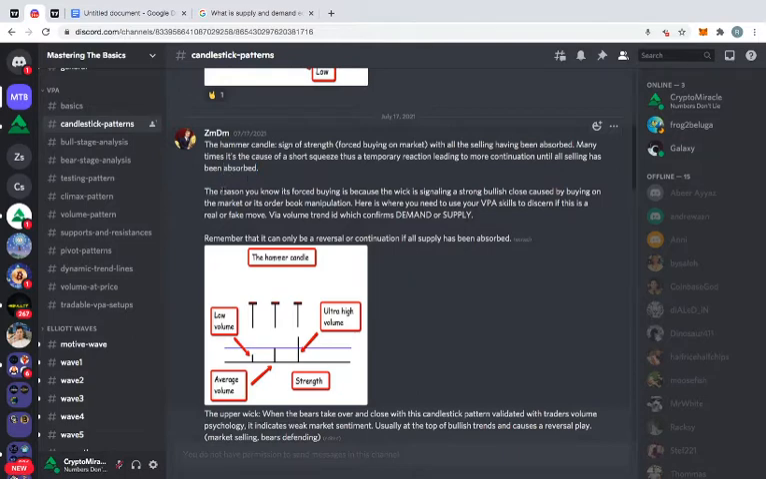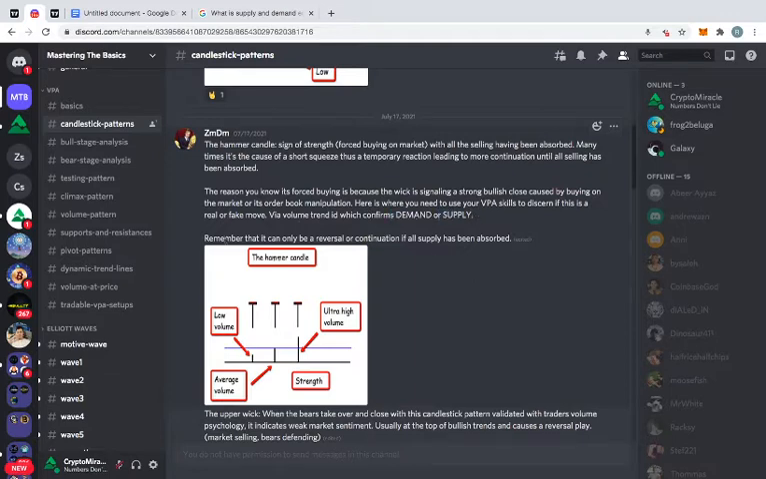So the next thing I wrote down, this is a summary, guys, a version of the whole chapter. It's basically the reason that you know it's forced buying is because of a wick. The wick is signaling a strong bullish close, right? The wick right here, caused by buying on the market or order book manipulation. Here's where you need to use your VPA skills to discern if this is a real or fake move. Volume trend idea